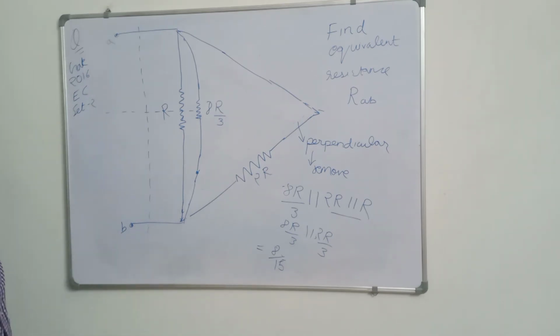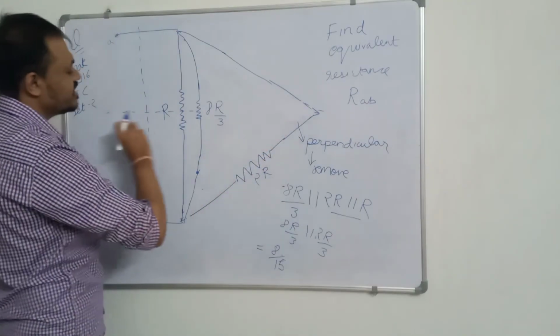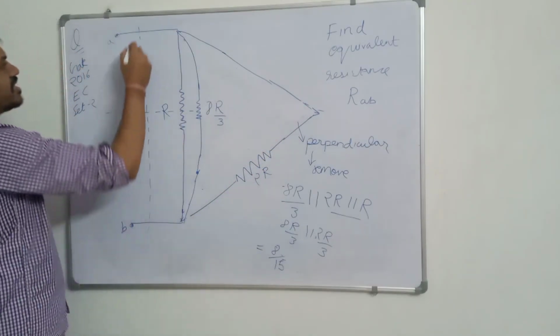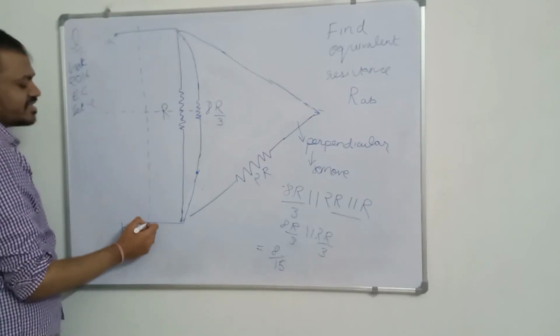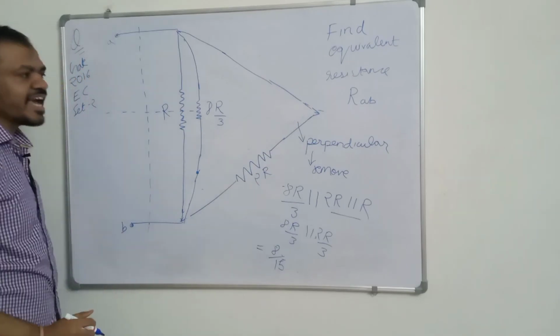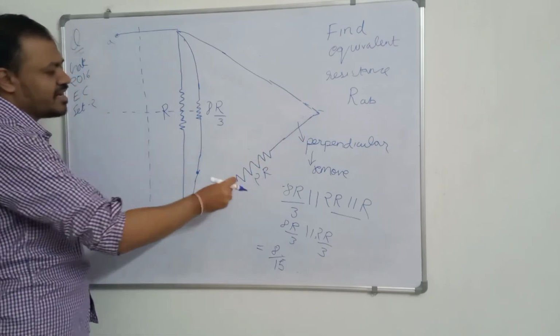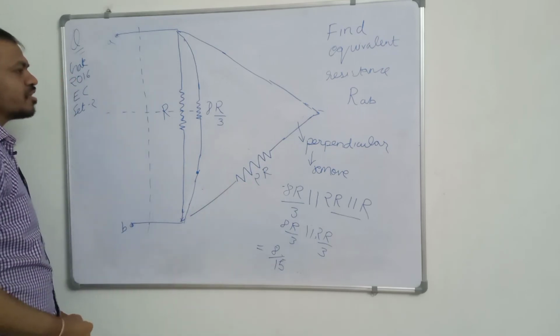So this is how we solve it, because we found that the resistance that was here was in the perpendicular line of symmetry, which is the line connecting these two terminals. The resistance in the perpendicular line of symmetry can be removed or shorted. So when we removed this resistance, our figure got very easy to solve.